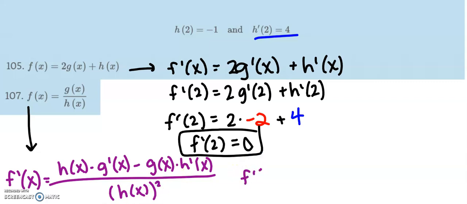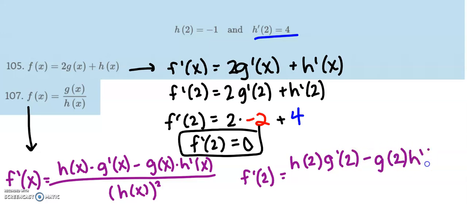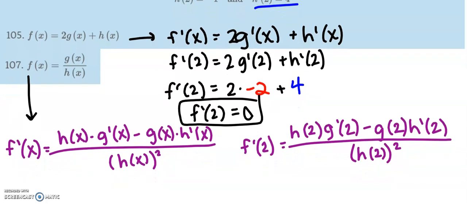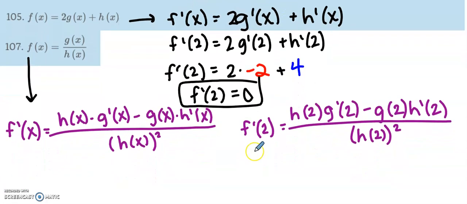So that means that f prime of x, not x, we want 2, will be equal to h of 2 and g prime of 2 minus g of 2, h prime of 2, all over h of 2 squared. If I move this down, I'm not going to be able to see all the things. F prime of 2